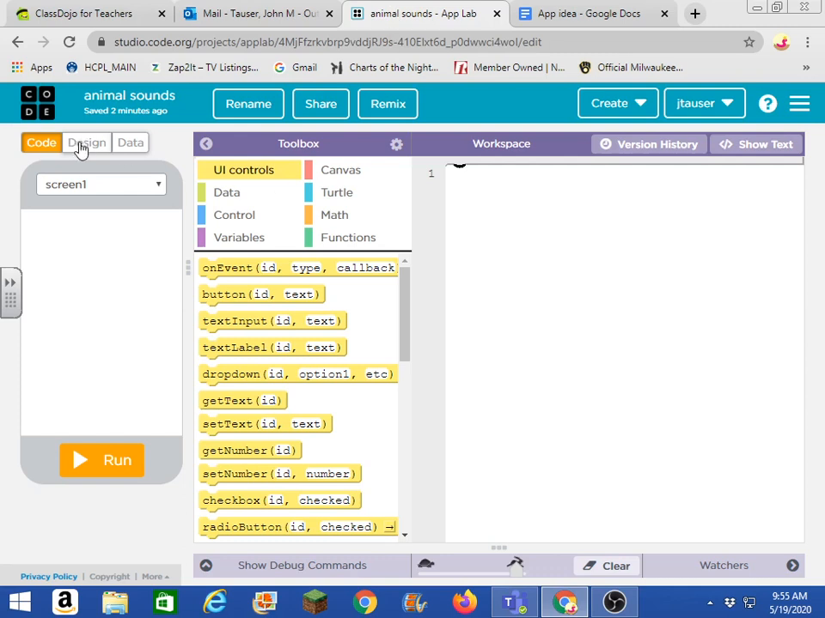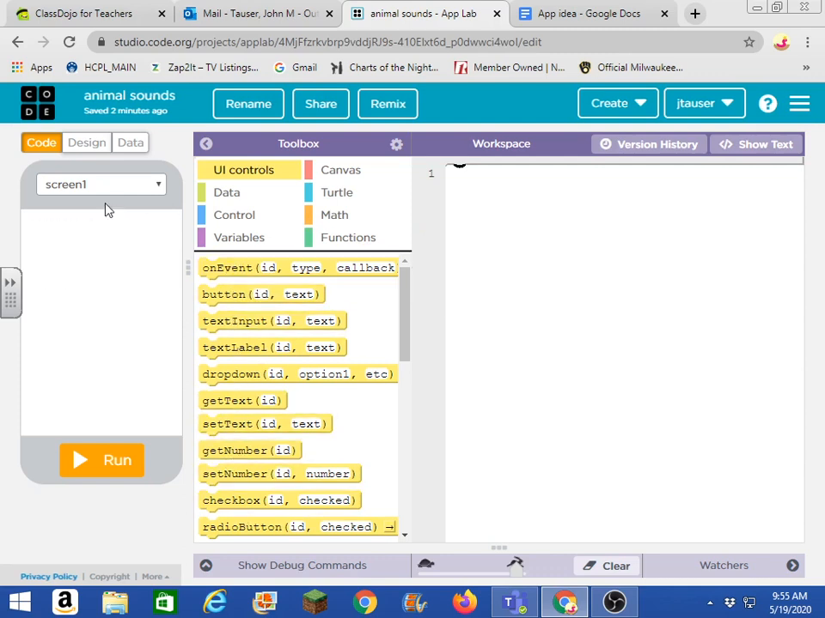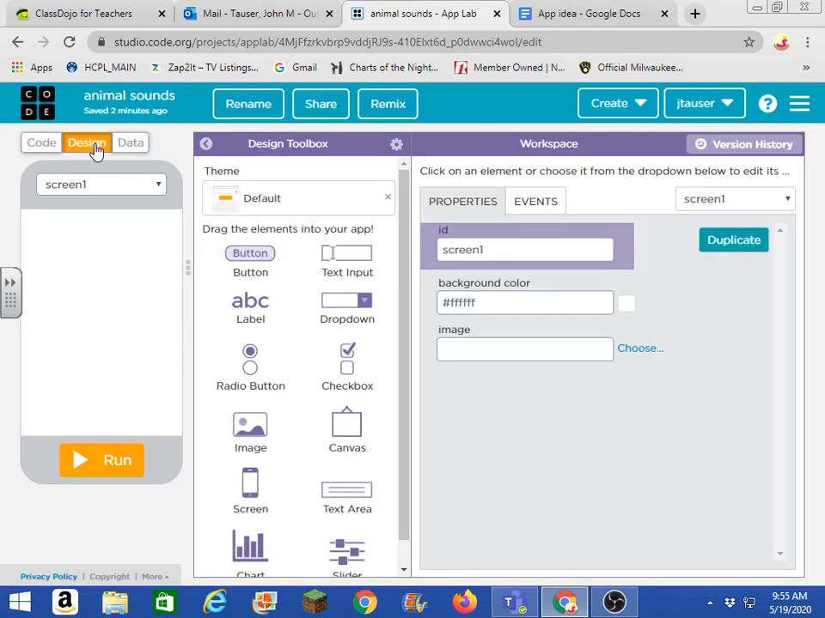So we start off, if you've been in this page before, the animal sounds, you're going to have a workspace. That's where you do your coding. You've got a toolbox, and it gives you the blocks that you're going to use to make different things. And then you've got this design part where this kind of shows you what you've done, what you're making. So I'm going to start off here in the design